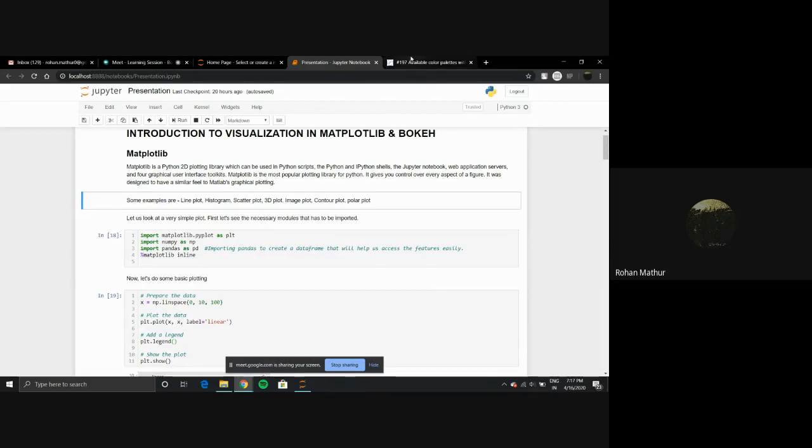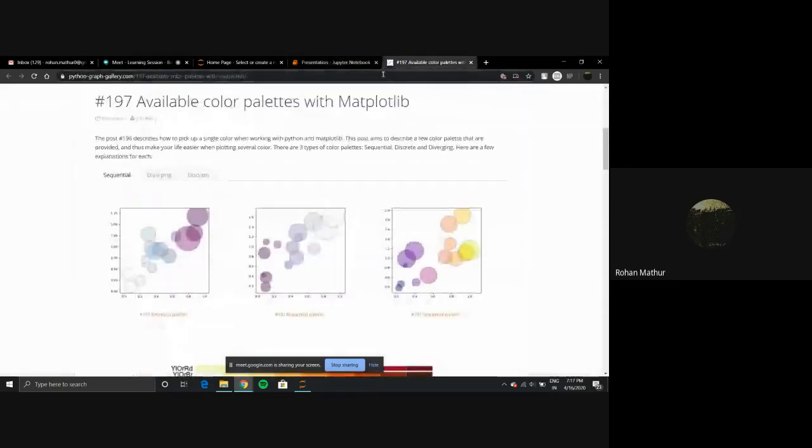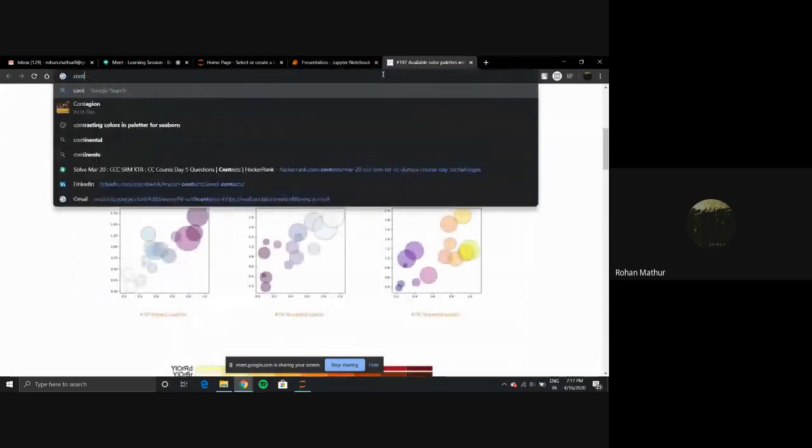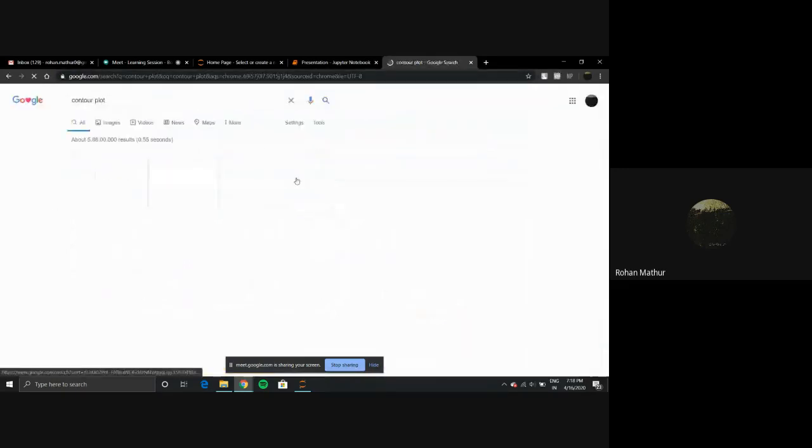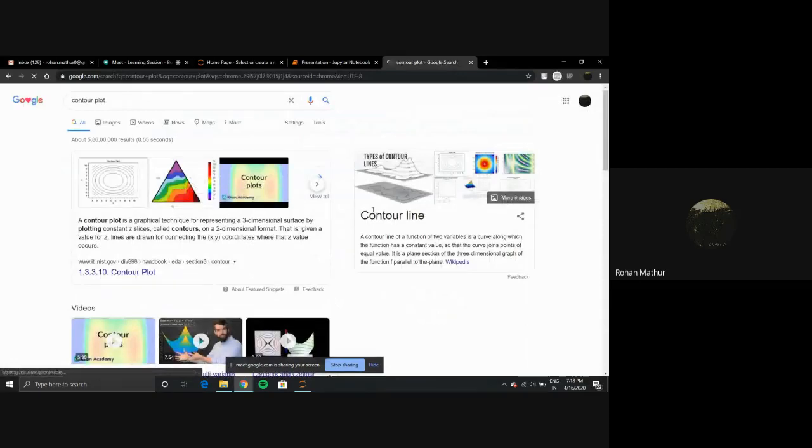So let me just give a visual representation of how it is, so everyone can be clear with that. Yeah, something like this. Here on the right of my screen, you can see that this is basically a 2D image but it is representing 3 dimensions.